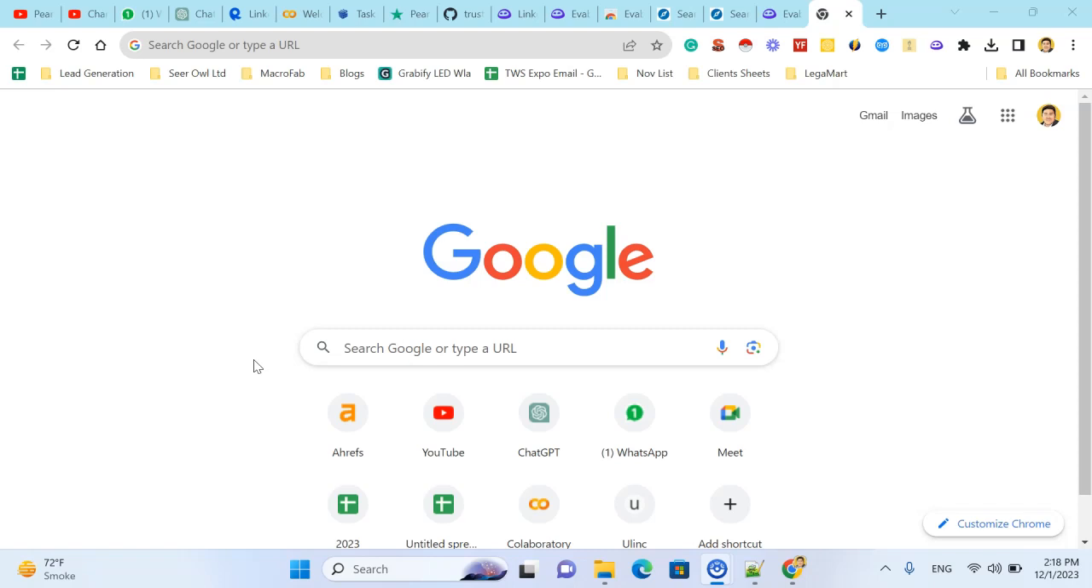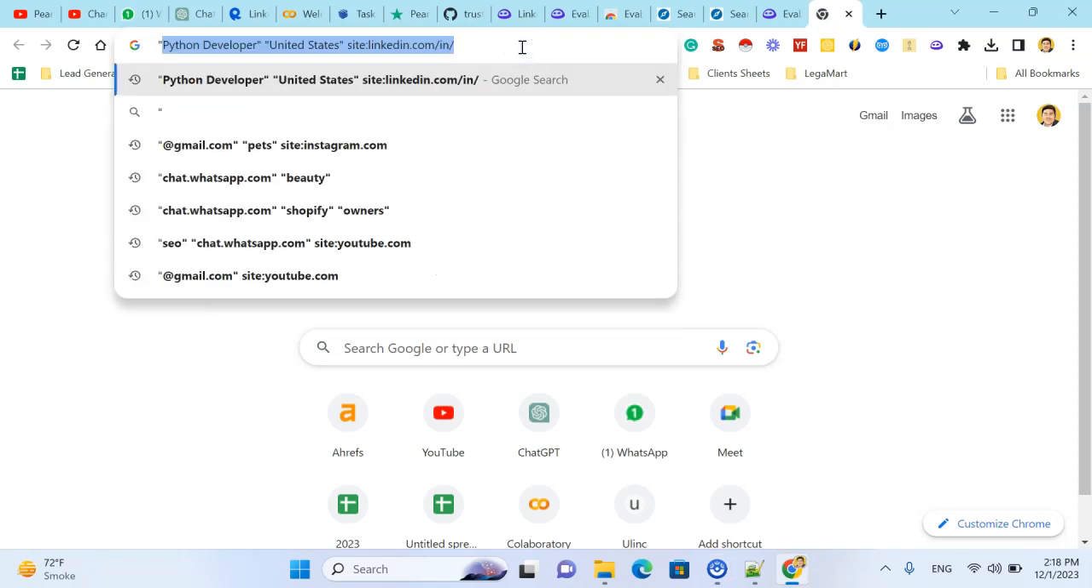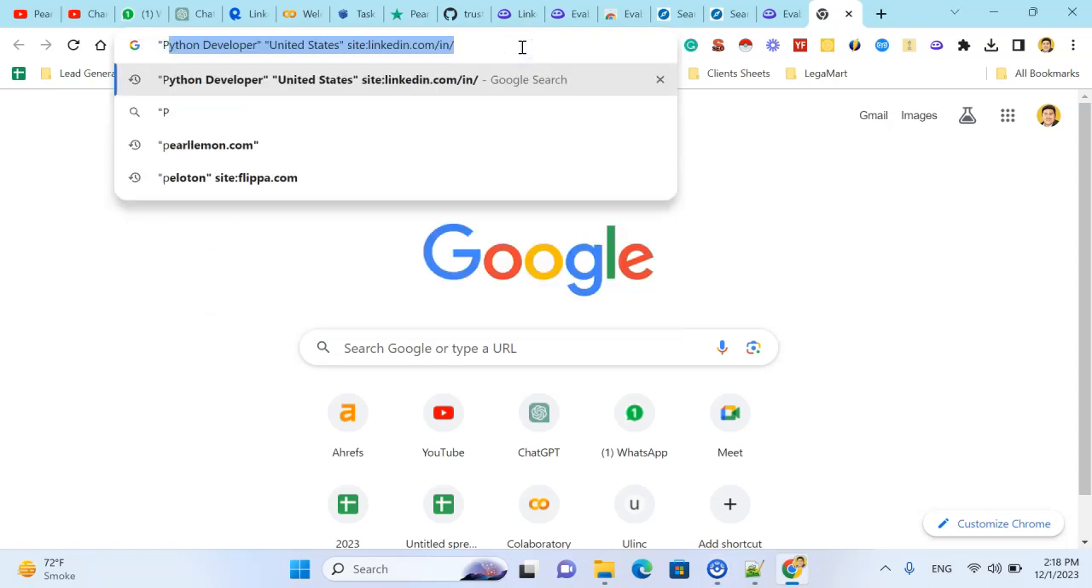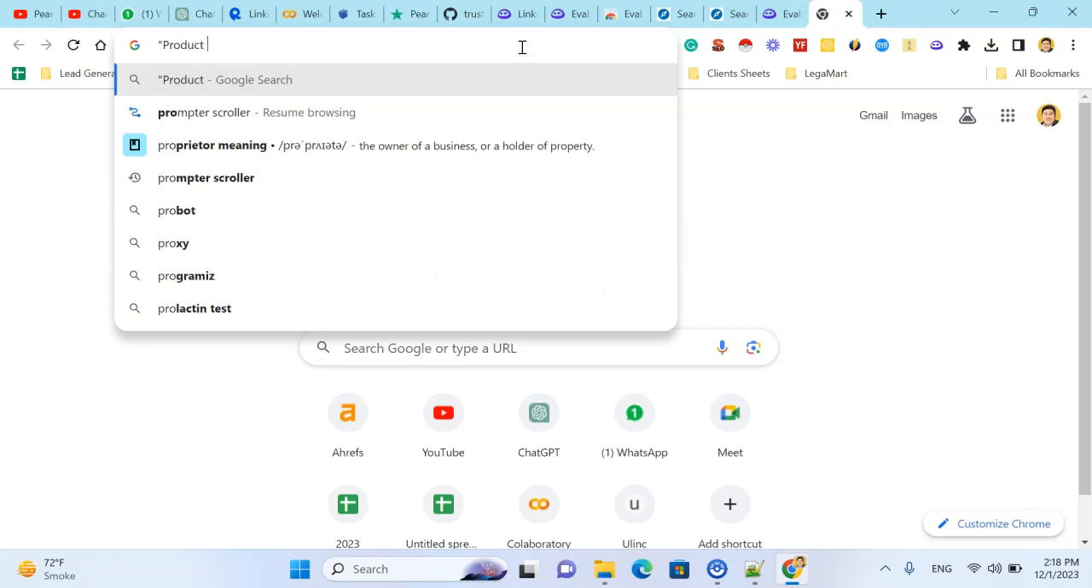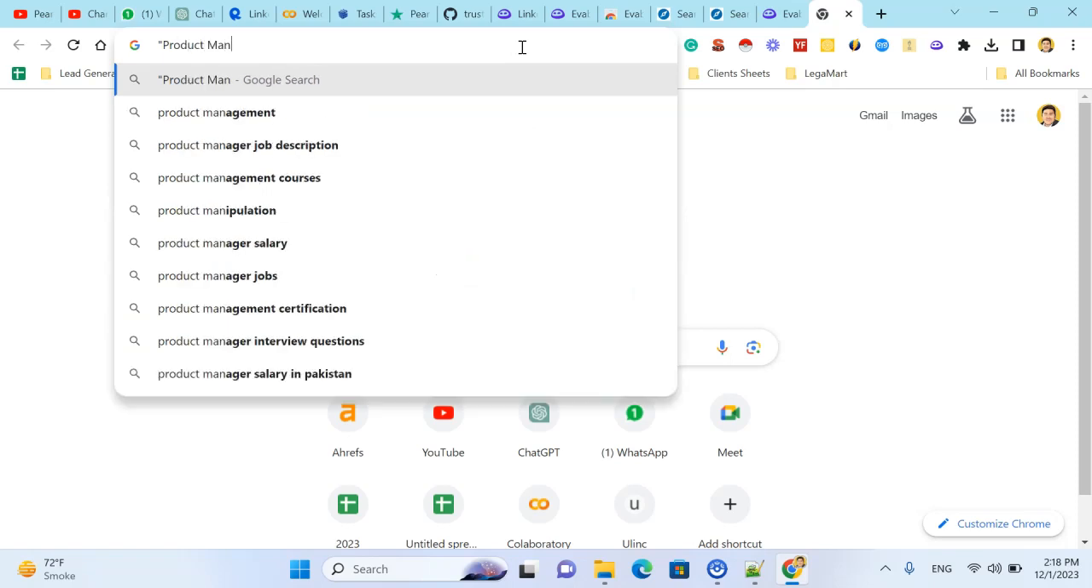Today we learn how to find the emails from LinkedIn without using the Sales Navigator and any kind of paid tool. So simply search for the job title. I want to find the product manager in United States